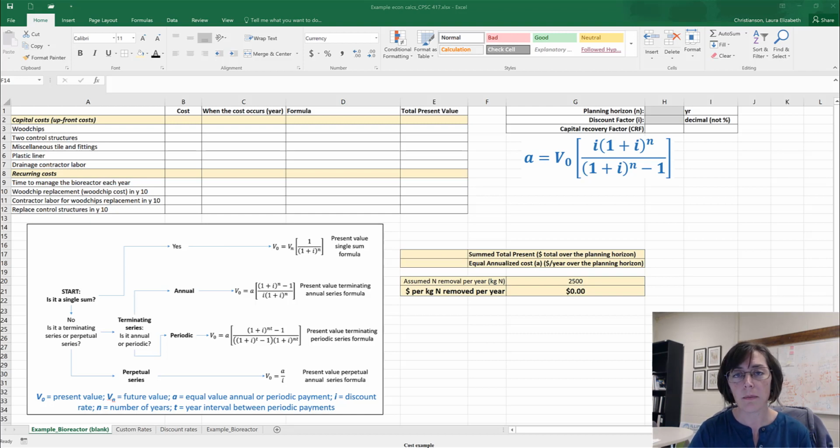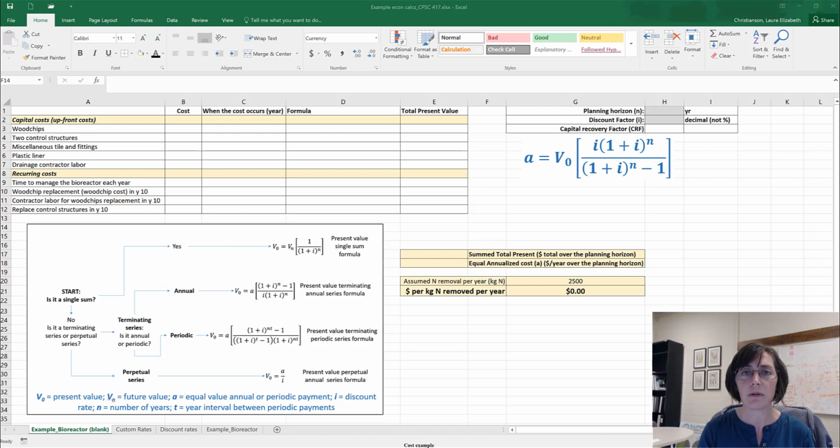So a cover crop is an annual practice, but you might be thinking to do a cover crop for 10 years. So you would itemize the cost of that cover crop over all 10 years. Itemize all the costs that occur. Step 2 is to identify when those costs occur within the planning horizon that you're thinking about. Step 3 is to bring all of those costs back to present value using the discounting formula.